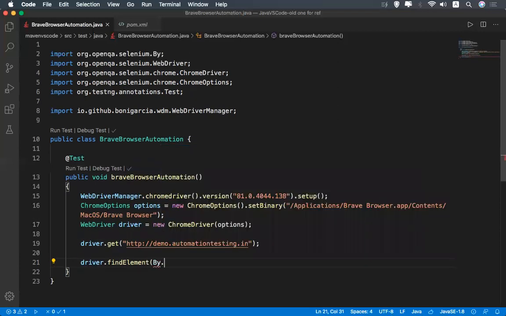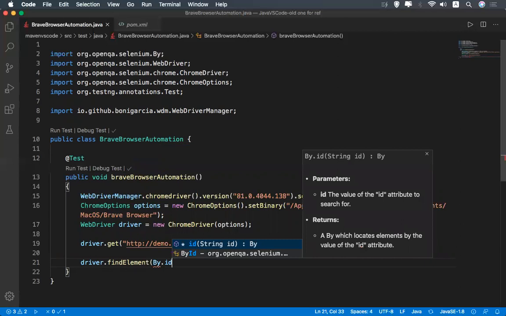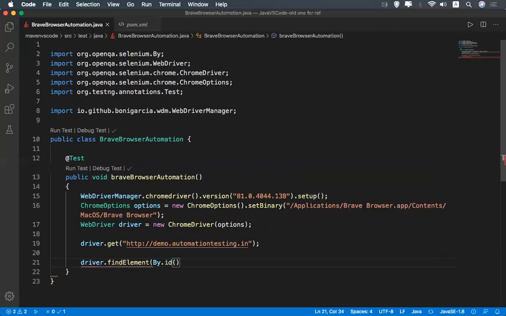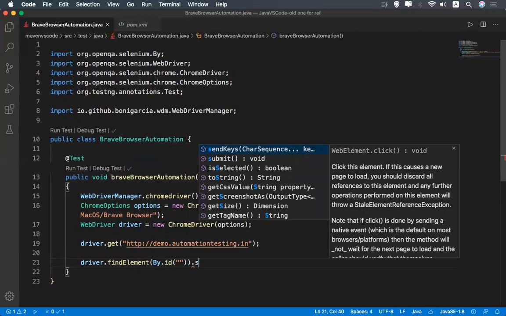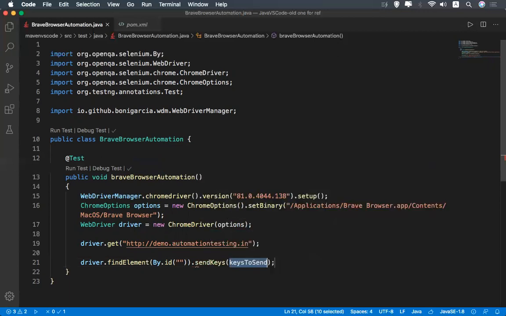By dot ID. And what is the ID? We'll check. Sorry, you'll get all the options, sendKeys. So I need to provide the email here.